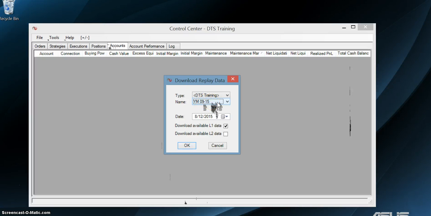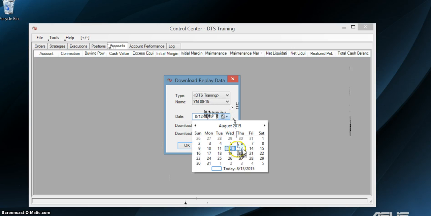If you load more instruments, you can drop down and select which one you want to download the replay data for. So we're going to download today's replay data. It's about 11 o'clock Central Time, and we're actually going to download the activity on the mini Dow Jones from this morning at 8:30 open all the way up until 11 o'clock. It allows us to download the data all the way up until current time. It defaults here to the 12th, but today's the 13th. So I'm going to select the 13th,